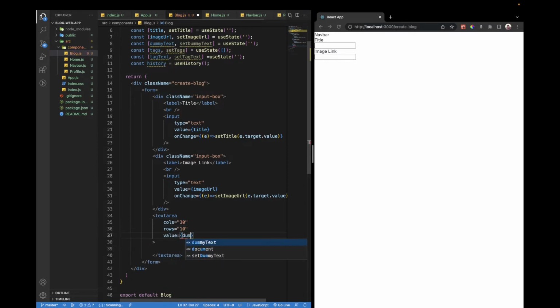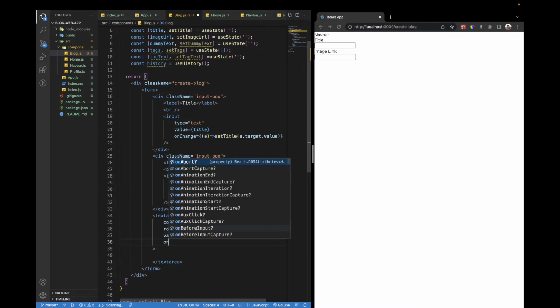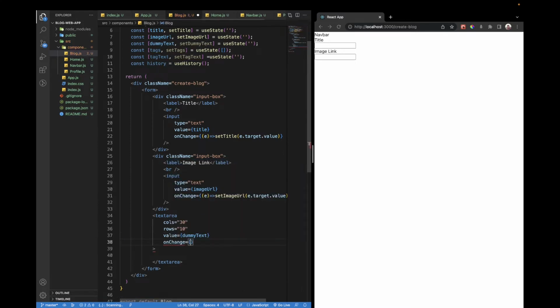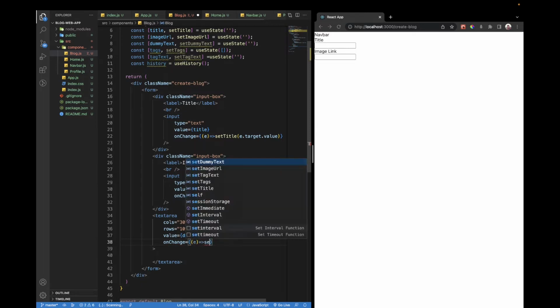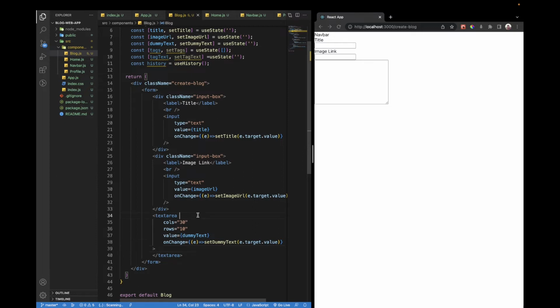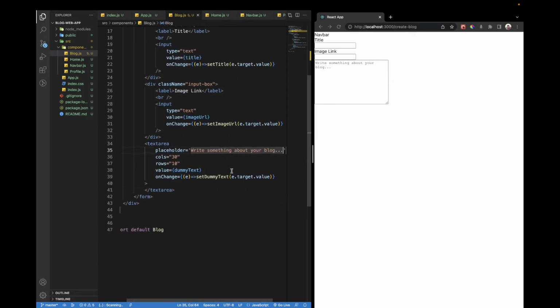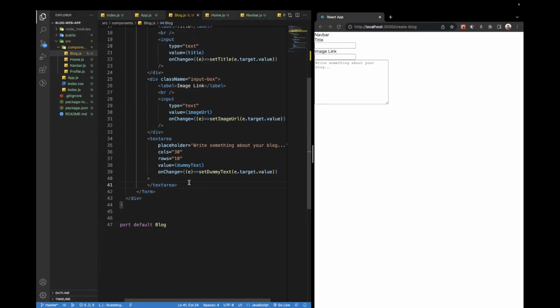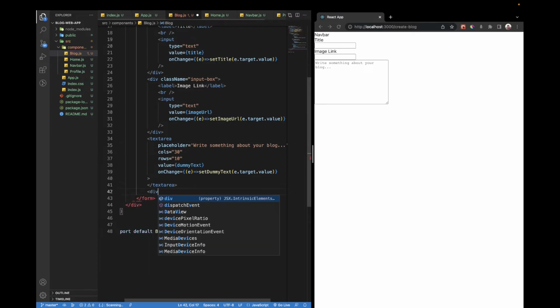Now set value to dummy text, and on change is equal to e.target.value. Okay, so now if I save, you can see we have a text here, and let us add a placeholder. Write something about your blog. So yeah, and one more thing we need here, which is let us add a div,